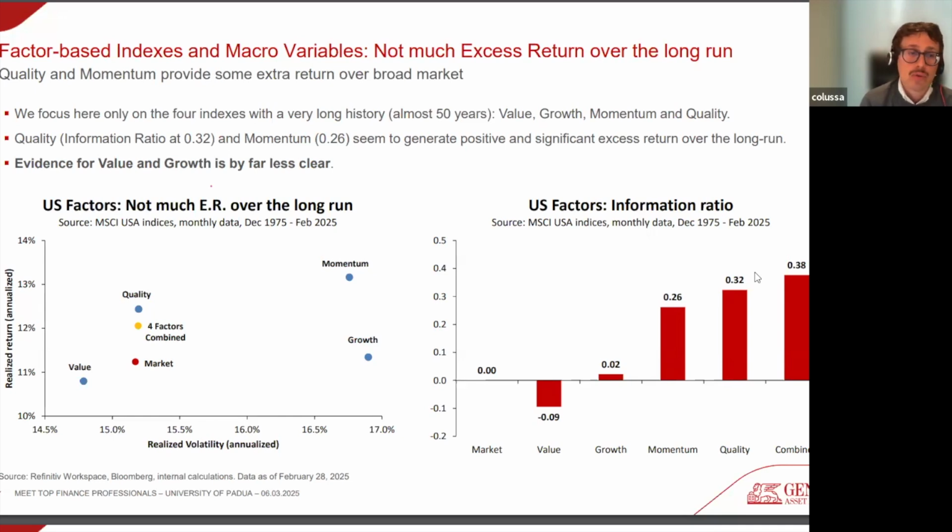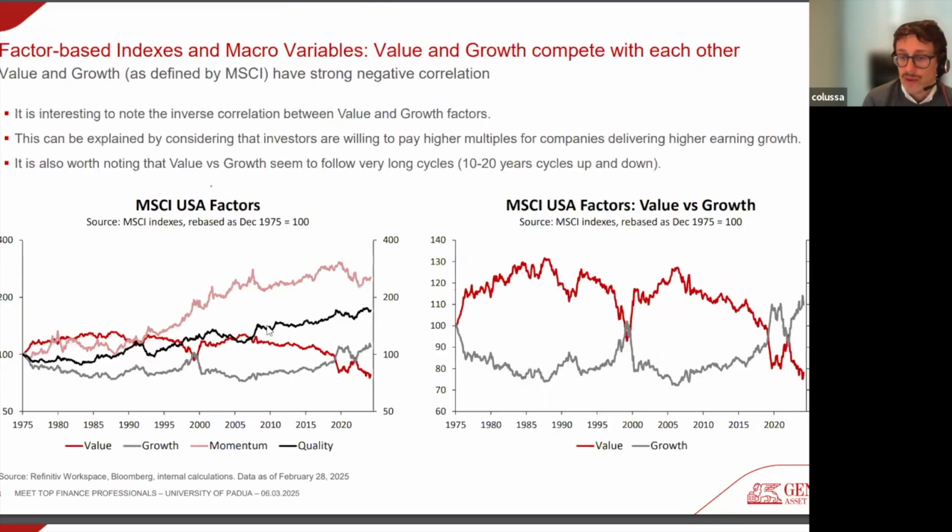I tried also to recombine the four factors together. We said that combining all the factors could generate diversification benefits. And indeed, the combination of the four factors equally weighted shows an even higher information ratio of 0.38. So quite a decent number. I think we can go and see what happened to factors